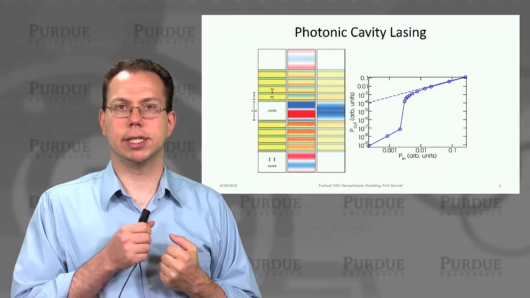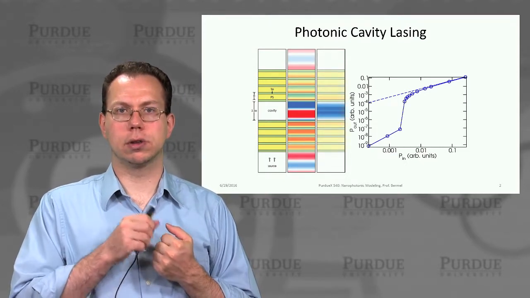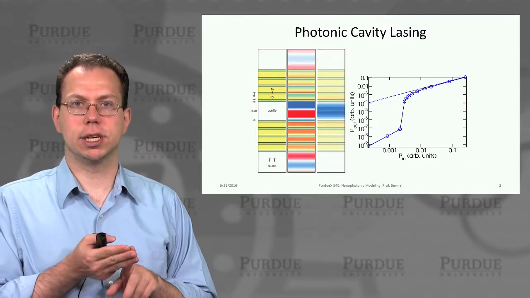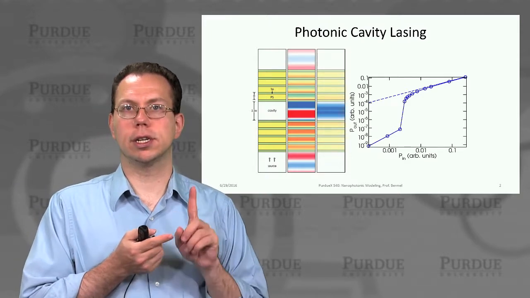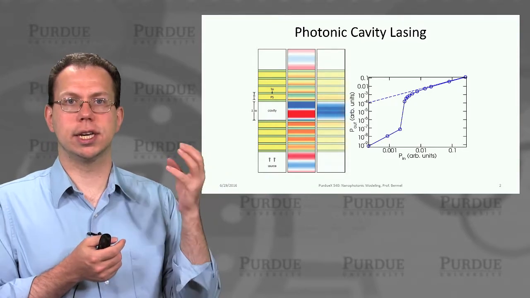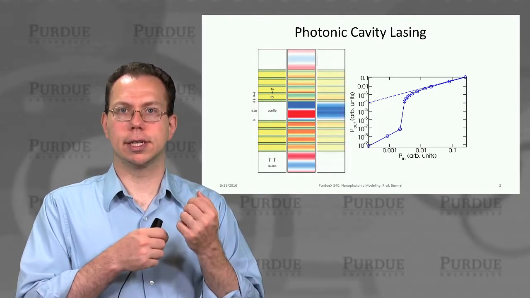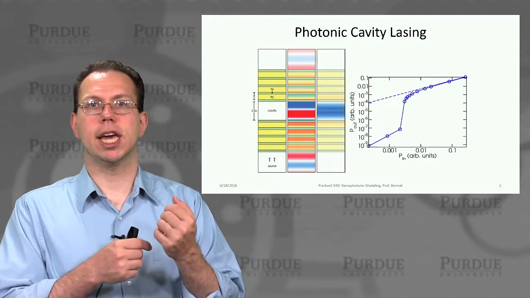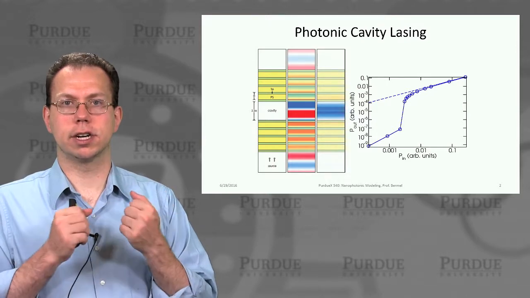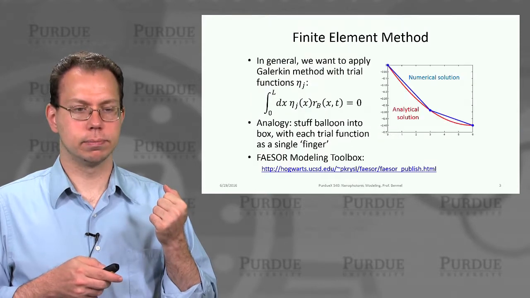So that's called the lasing threshold, where you have a dramatic increase in the output power. And so that's basically, we said, where stimulated emission starts to dominate your three possible processes, which again were absorption, spontaneous emission, and stimulated emission. And so, of course, in order to get that to happen, you need to have a population inversion. And so that population inversion usually is what's creating that condition, along with, of course, the losses of the system. So the balance between having enough gain from population inversion to balance the loss of the photonic structure that we're dealing with. And so we showed that we can accurately model all that stuff.